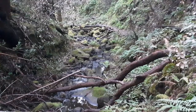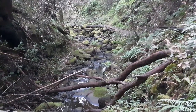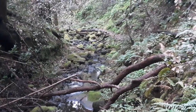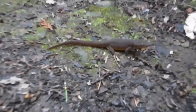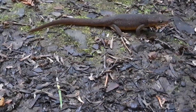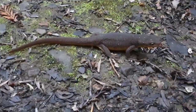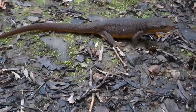So here we are on the beautiful preserve at Filoli. We're in the creek setting here where the school hikes go along. And I'm walking along the trail, and what should I find but a newt. There he is. He's probably about 3.5 inches big. You can see his eyes there, and you can a little bit see the color of its